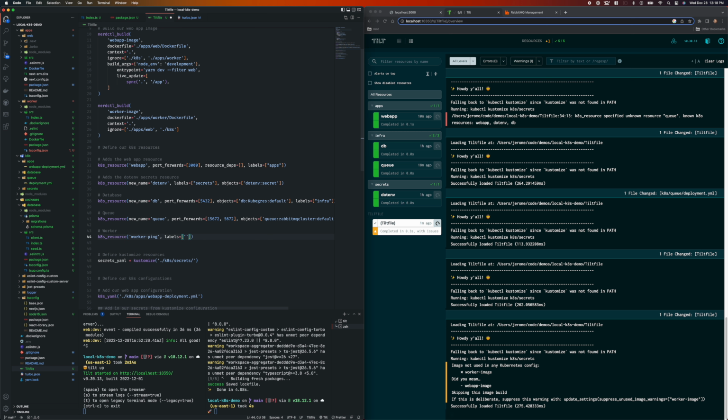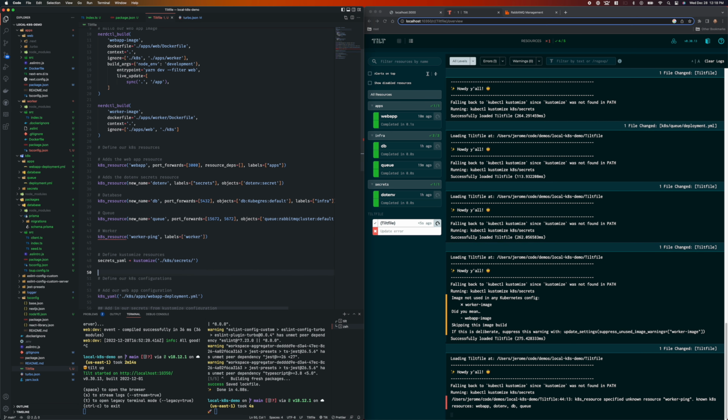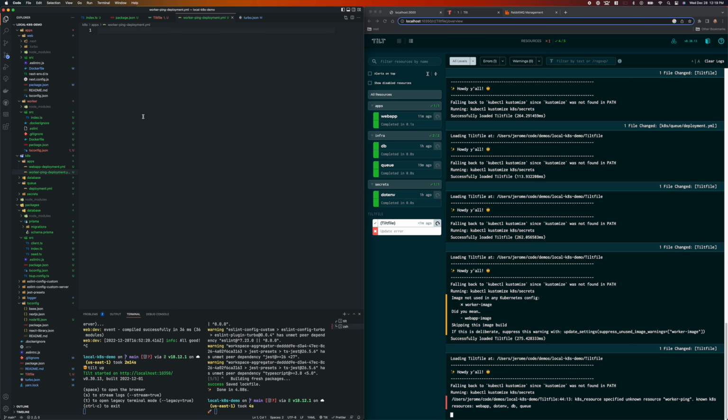And then we're going to put this label under the workers category so that all of our workers, if we had more, would fall under that to make it easy to see them within the Tilt project configuration. So now we're going to create our Kubernetes resource file for this worker,